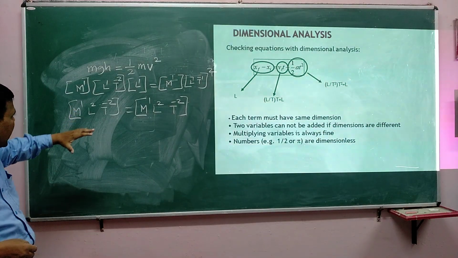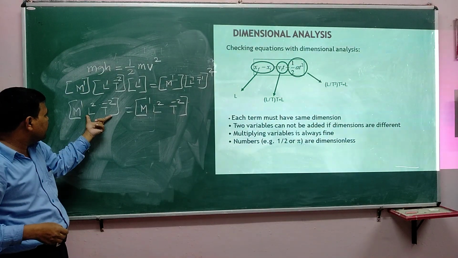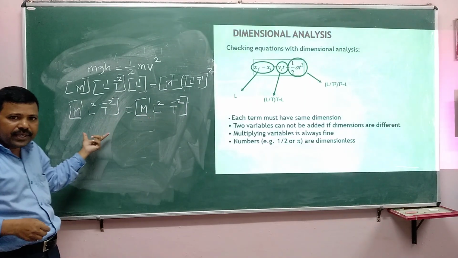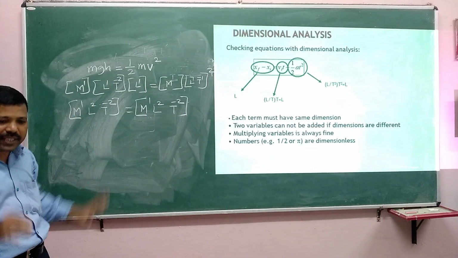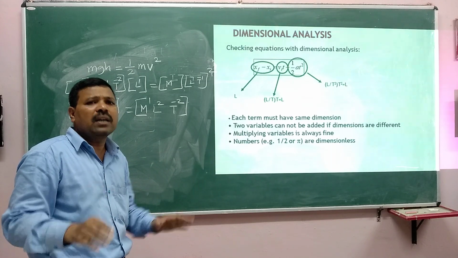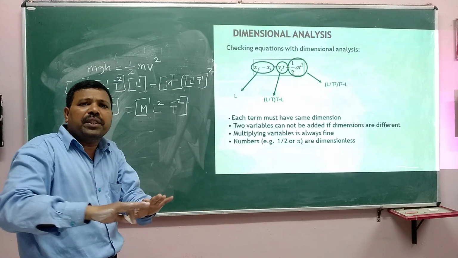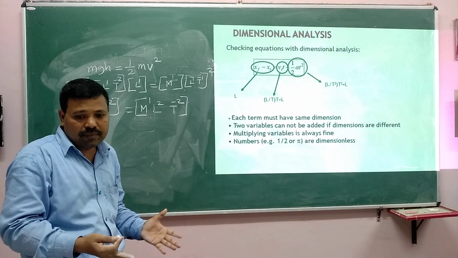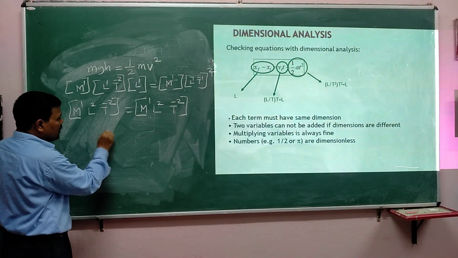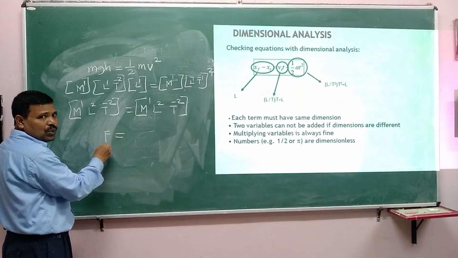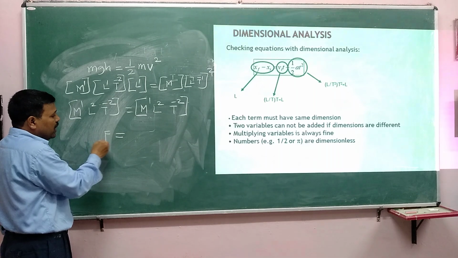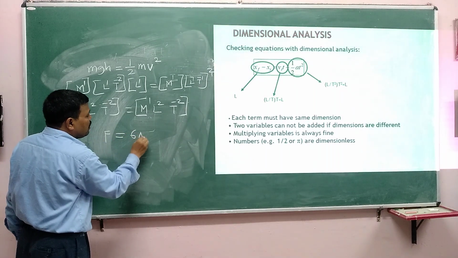We understood that the left hand side and the right hand side dimensional formulae are same. Therefore, this equation is correct. Likewise, you take any equation and check whether it is dimensionally correct or not. Say for example, you take the dragging force given by Stokes, F is equal to 6 pi